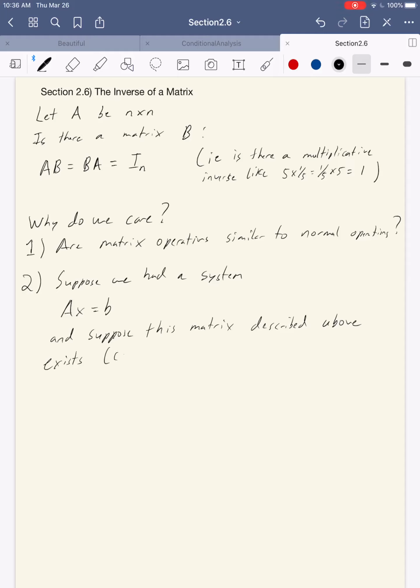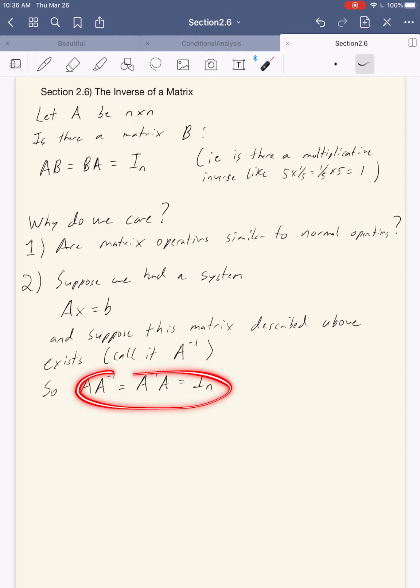And let's call it A with a little -1 above it, right? So that means A with the little -1 times A is the same as A times A with the little -1, which equals the identity matrix. Okay, notice that if this thing exists, I mean, we don't know that it does yet, but if it does, and it has these properties that the multiplicative inverse would have,